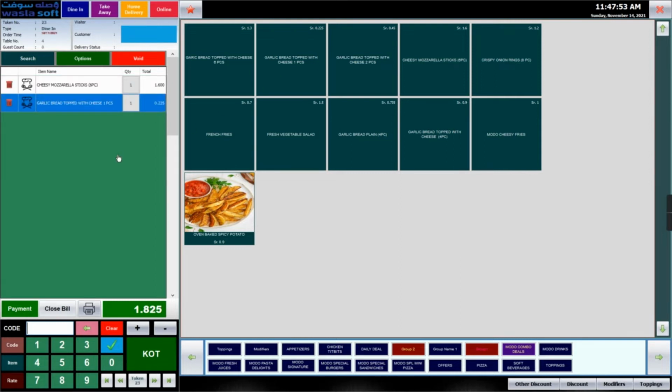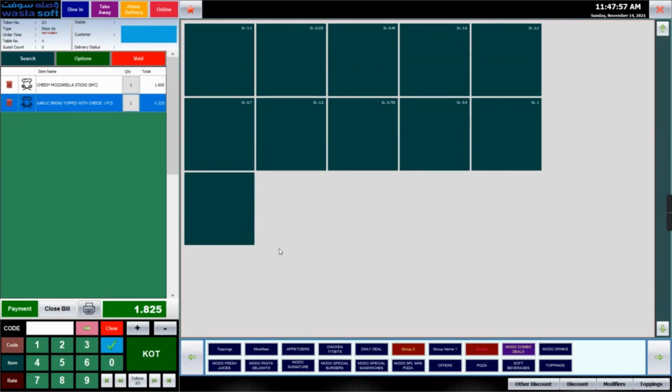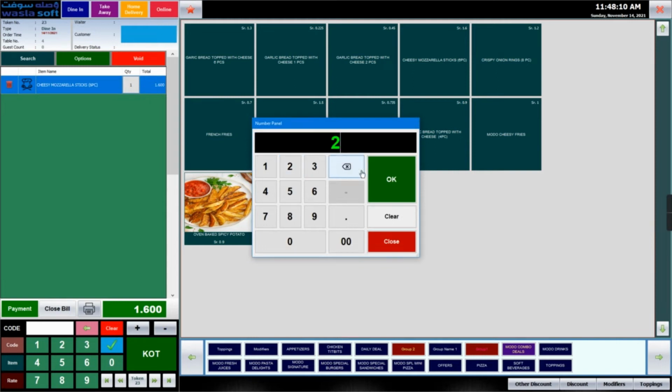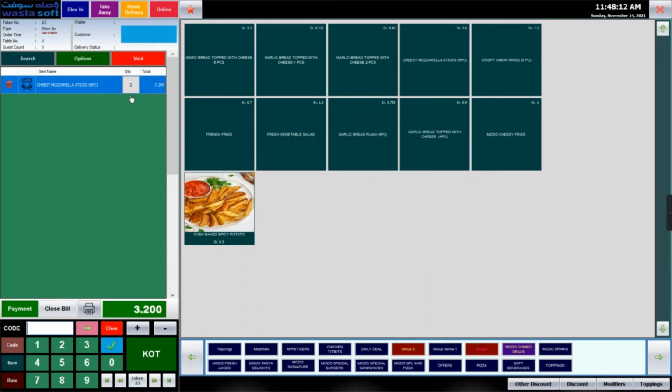If you want to delete a particular item, you can select the delete button here. It will ask you whether you want to delete it or not, and you can delete it. If you want to change the quantity, you can do it here. Once you have submitted the KOT, you cannot change the quantity here.